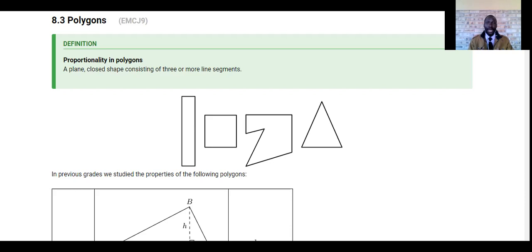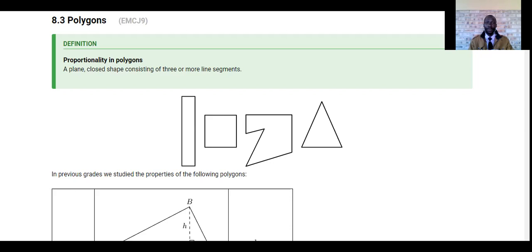So you could draw three lines, you form a triangle, and a triangle is a polygon with three sides. You could draw four lines, and you form another shape, this time possibly a rectangle or some other shape, a polygon with four sides. So in very specific terms, a polygon is a plane, normally a closed shape consisting of three or more